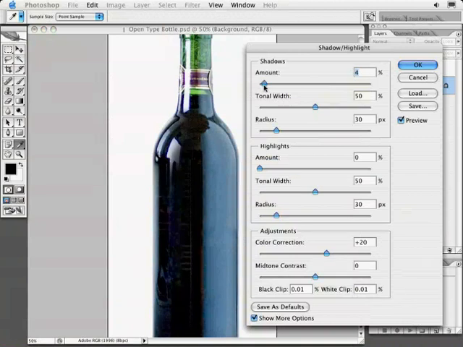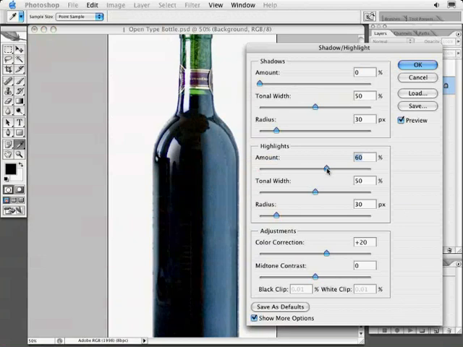I do not want to alter my shadows in this case, so I'm setting my amount to 0. However, I do want to adjust the highlights. Watch as I move the highlight slider over to the right. I'm increasing the contrast and density of the tones in the highlights. I can also adjust the tonal width, determining the number of shades that I am affecting with the amount. And then finally, with radius, I adjust this. And of course, you know the Russell Brown rule: when adjusting the radius, you move it till it looks good,